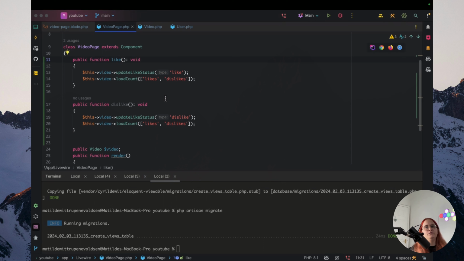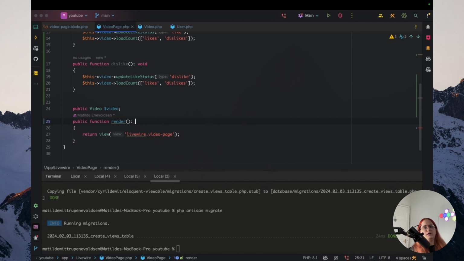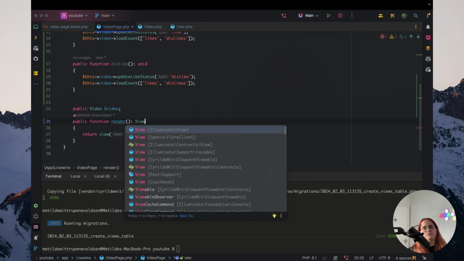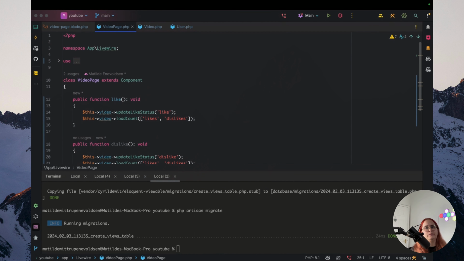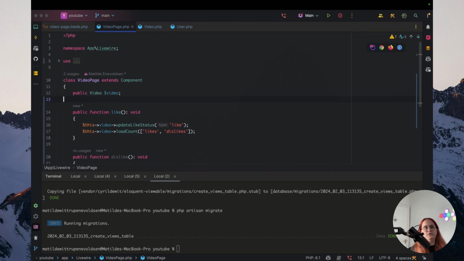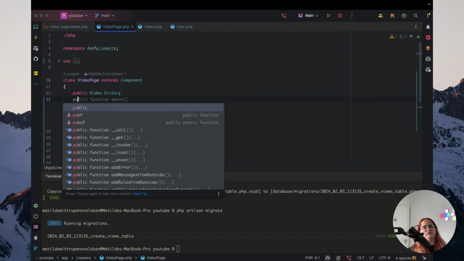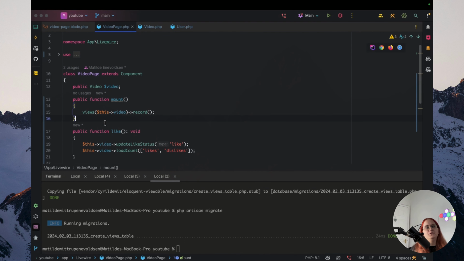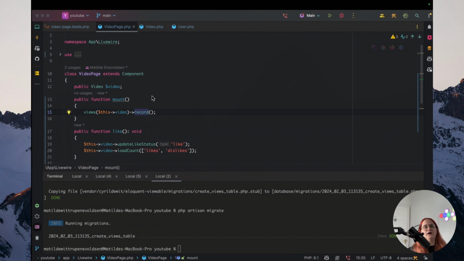So all we really want to do now is record this view. Since we're using this Livewire component to render out the view, first and foremost, I'm going to tidy this up a little bit. I'm going to put the public view up here, and then upon mounting it, we want to count a view. So all we need to do is mount it, then view, and we're going to view this video, record it,